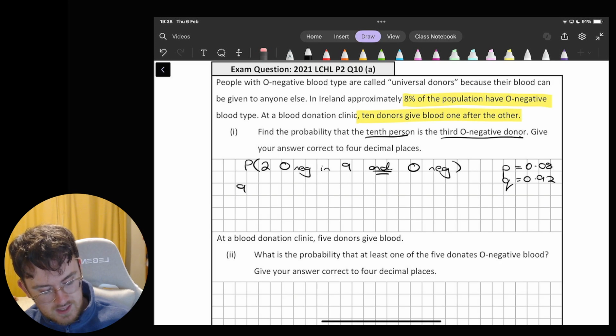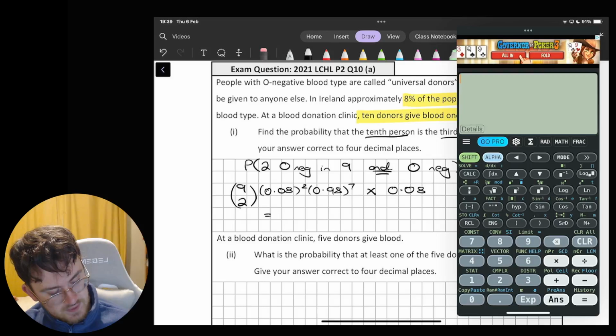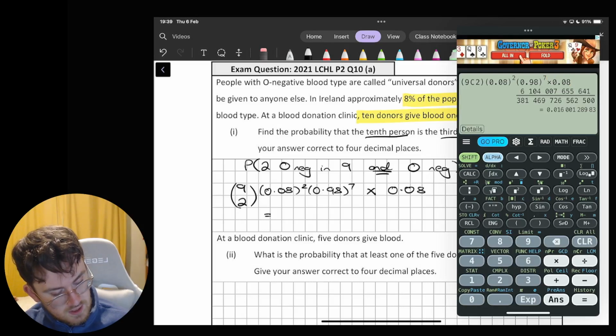So out of the first 9 times, I want to only succeed twice. So 0.08 to the power of 2, 0.92 to the power of 7, and we want O negative on the last one, which is another 0.08 for the last case there. That's going to give me an answer of, let's see, 9 choose 2, 0.08 squared, 0.92 to the power of 7 times 0.08, and that gives you